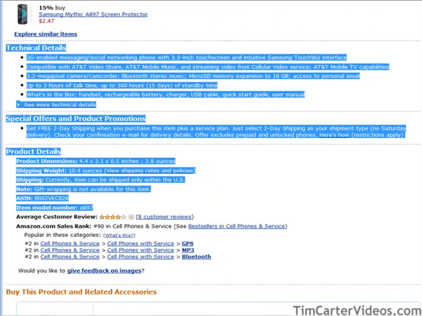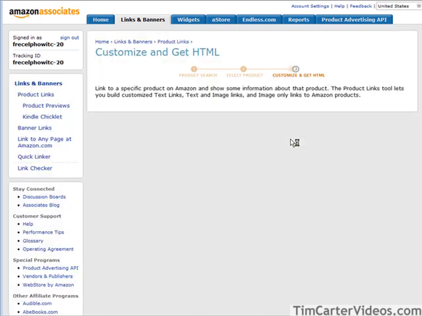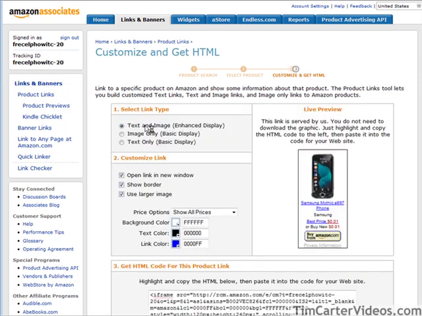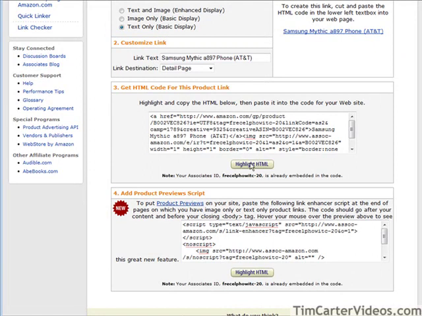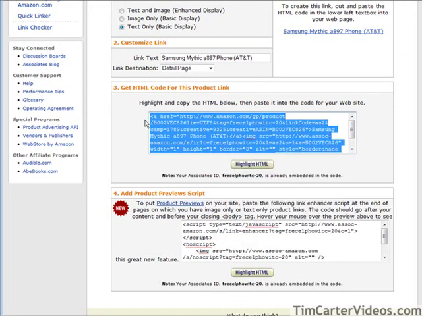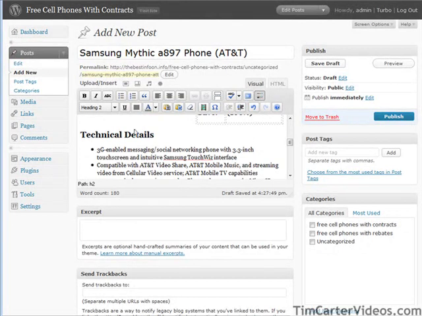So we need to come back here. We need to get our link. Do our text link. Highlight and copy. We can just copy this right in this time. So let's put it